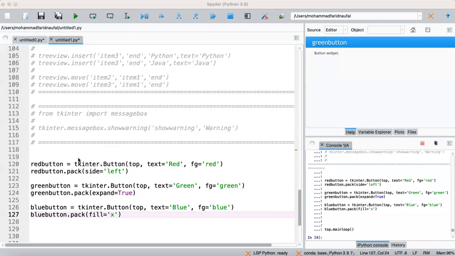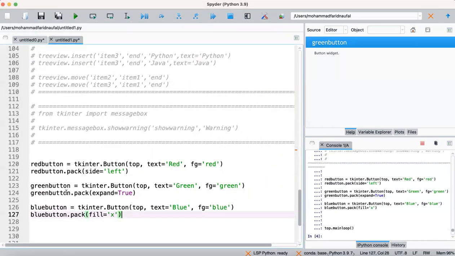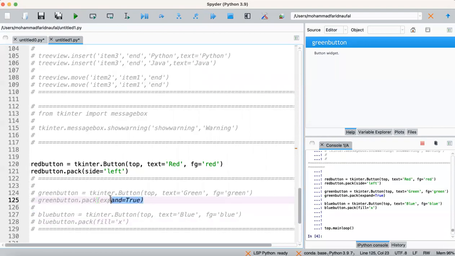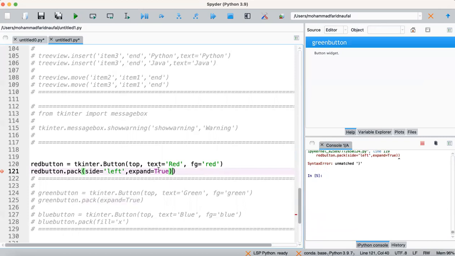Actually, if we comment this code, we can also put more than one argument in the pack function. Side left, then expand equal true. Yeah, let's try.